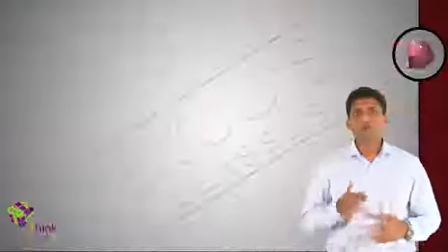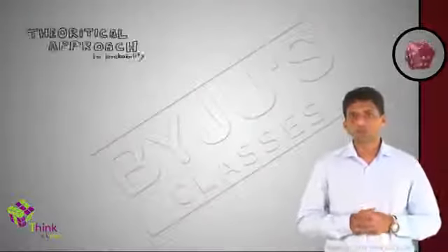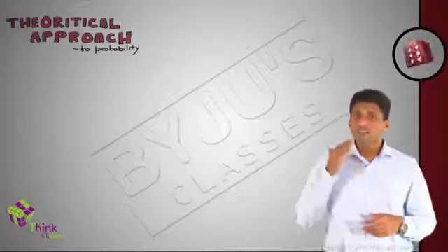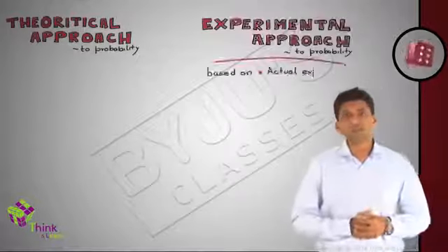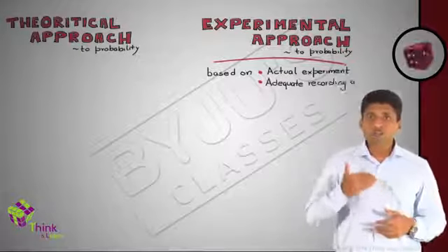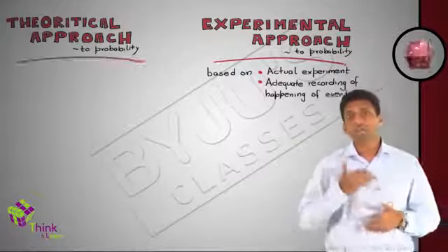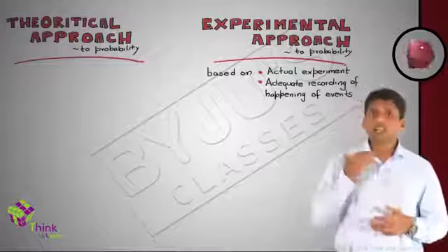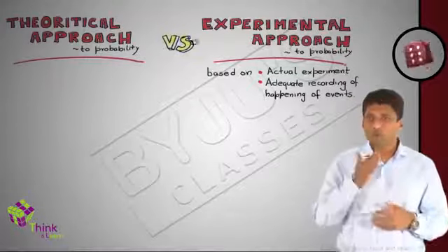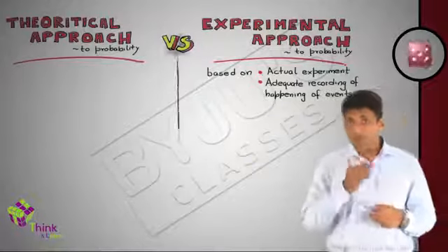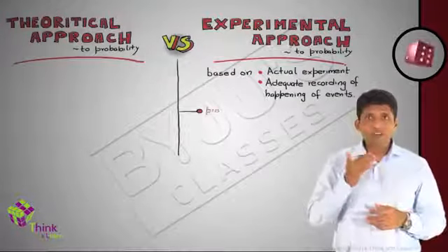In this section, we'll discuss the theoretical approach to probability. You have learned that the experimental approach to probability is based on actual experiments and adequate recordings of the happening of events. Now we will learn about the theoretical approach. The basic difference between these two approaches to probability is that in the experimental approach, probability of an event is based